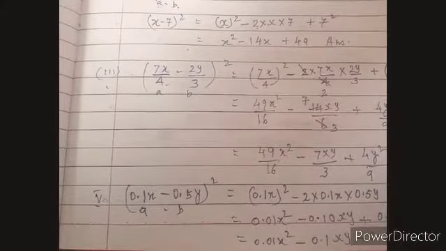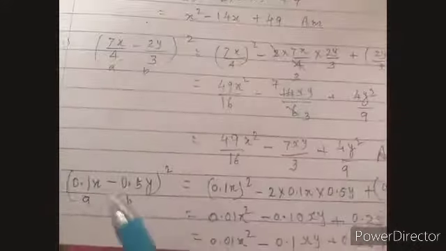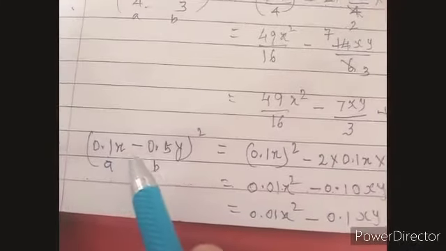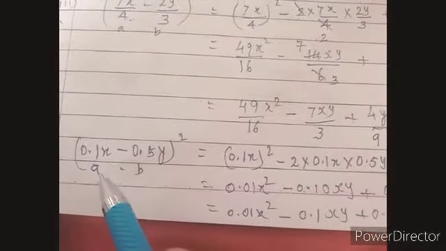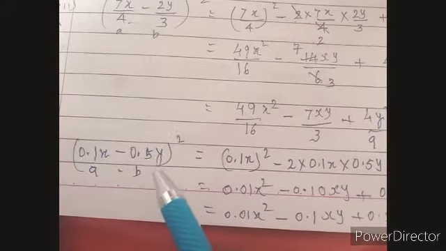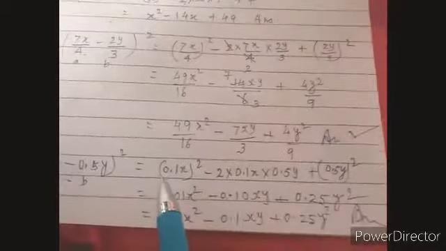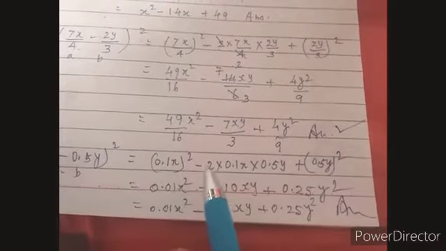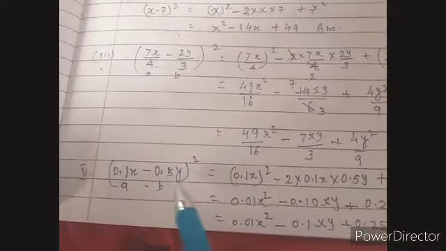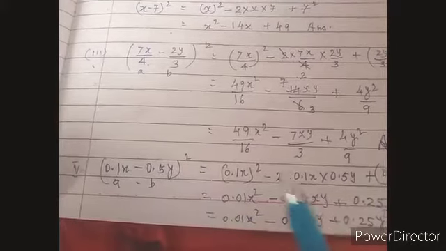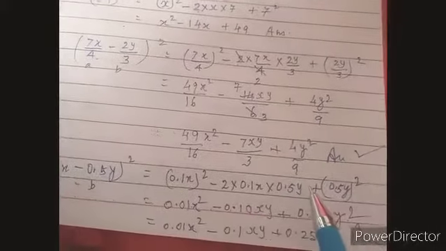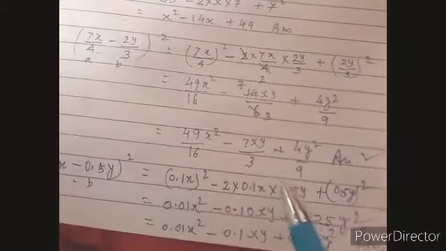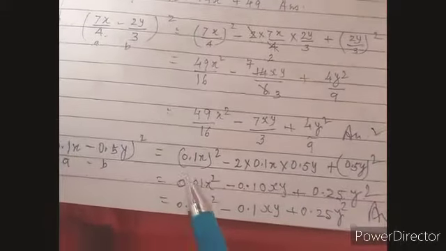0.1x minus 0.5y whole square. Here 0.1x is equal to A and 0.5y is equal to B. Again we will switch over to the formula. A square, (0.1x) whole square, minus 2AB, 2 into 0.1x into 0.5y, and plus B square, B is equal to (0.5y) whole square. Now it is